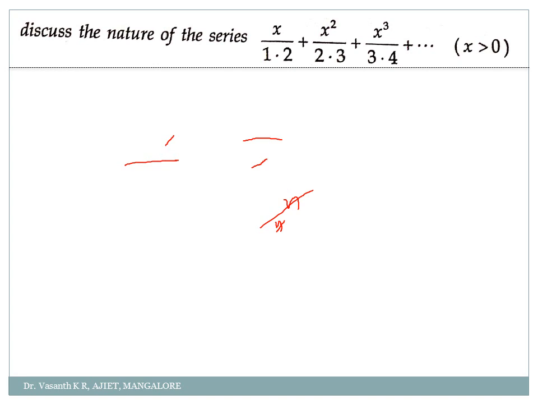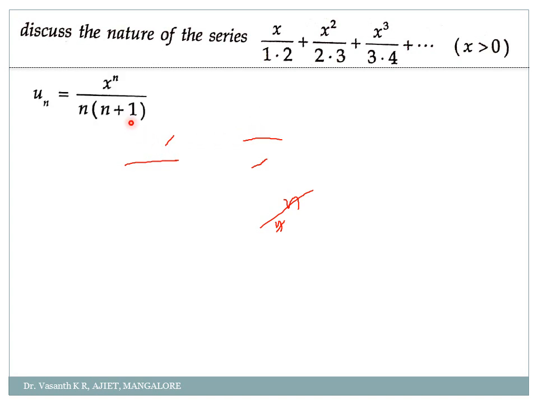Tell me properly. See here, first you check for this 1, 2, 3. So is it not simply n? n into what? I should get 2, 3, 4. So if you want to get 2, 3, 4, what should I write? n plus 1. Is it not simply x to the power n divided by n into n plus 1?